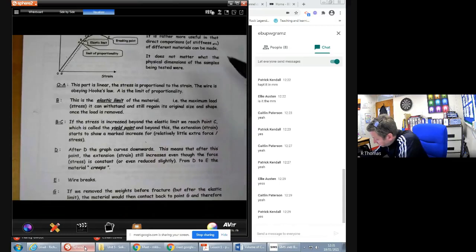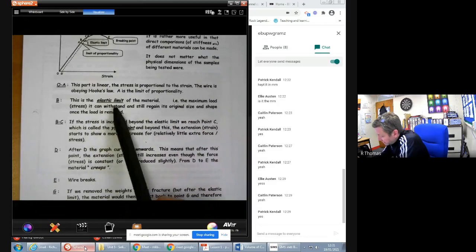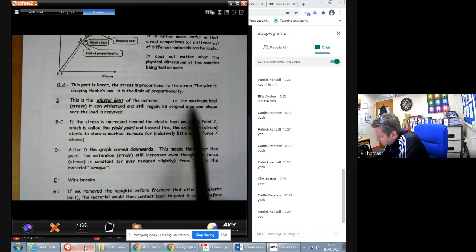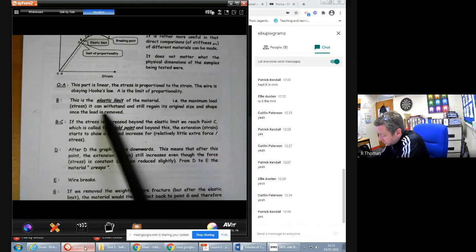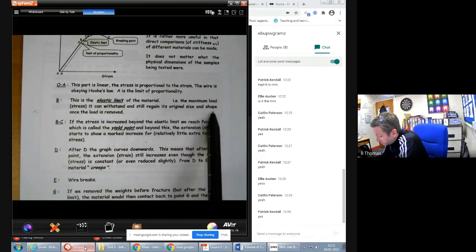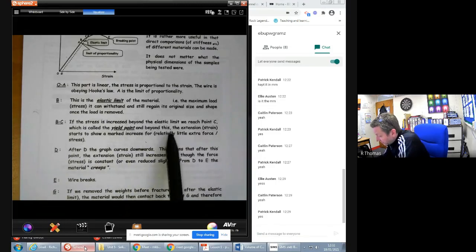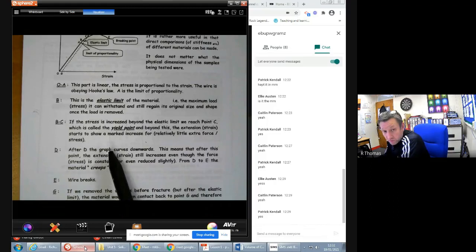That's where it's obeying Hooke's law. Everything is proportional. B to C is where you reach the elastic limit. This is the maximum load it will withstand and still regain its original size and shape. But B to C is the yield point, and beyond this, it will not go back to its original length,